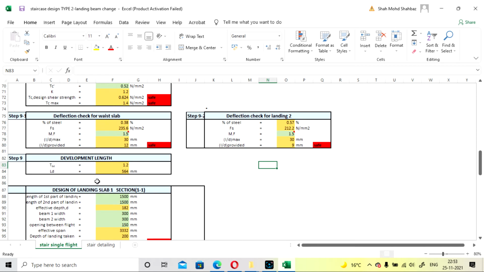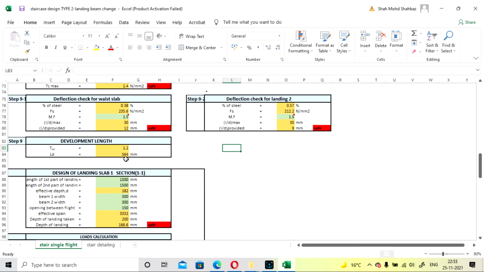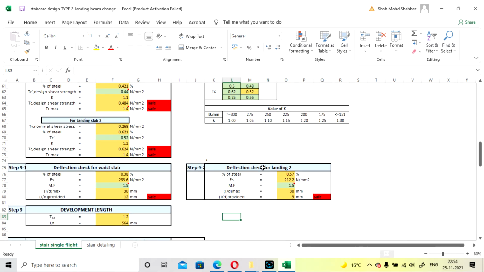And this is the development length. If you want to check how the development length is calculated and how it is verified, you can go to my development length video. I will provide the link in the description. From there you can go with all the checks for the development length. Here I have given the value directly, that is for a 12 mm diameter bar its development length minimum you have to take as 564, so it is also safe. But for more detail, you can check the video. I will provide the link in the description or at the end of this video. So it will be designed.